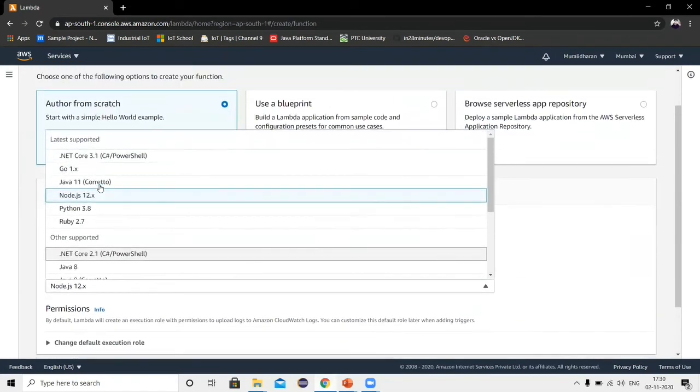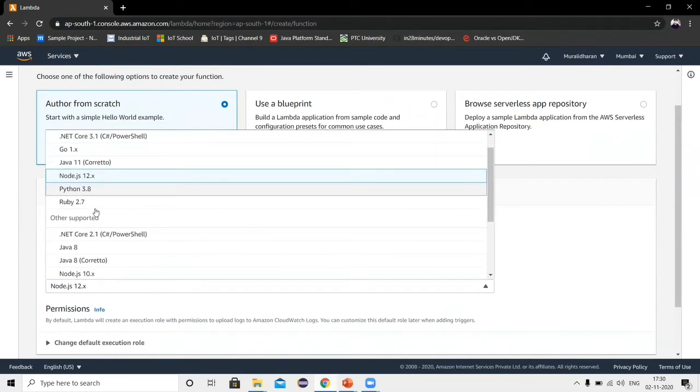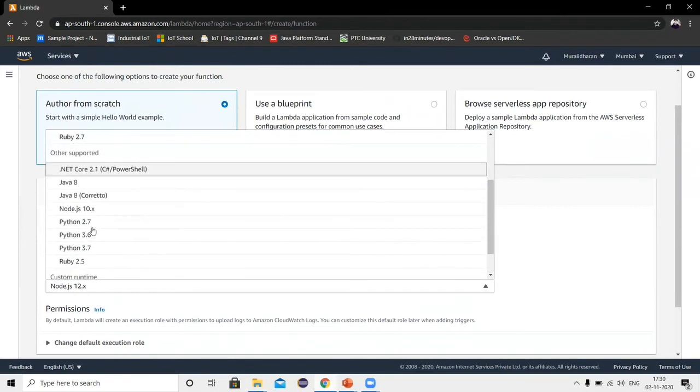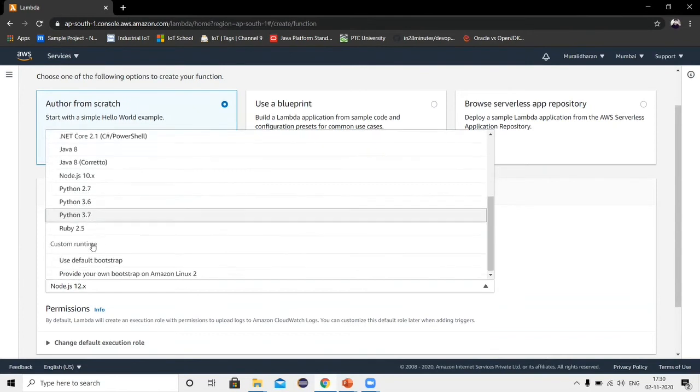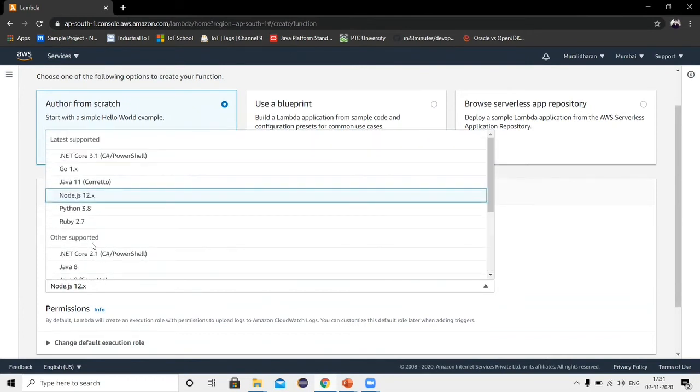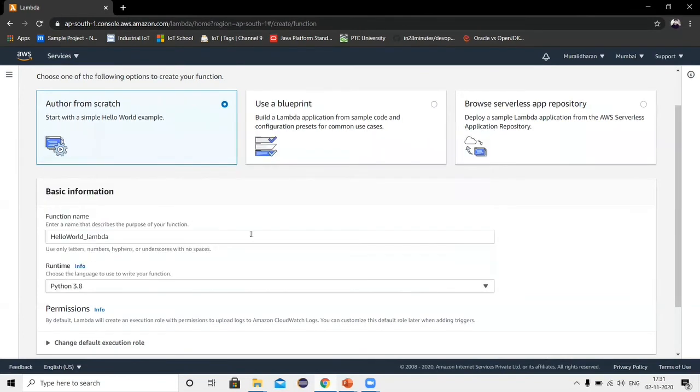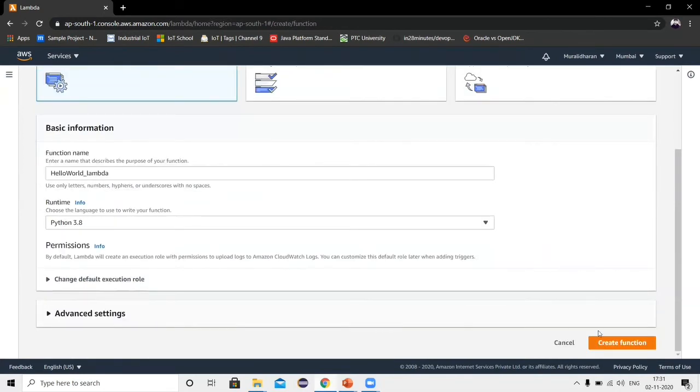If you see here, the latest supports are .NET 3.1, Go, Java 11, Node 12.x, and Python 3.8. If you are going for a downgraded version, it also supports Python 2.7, 3.6, and 3.7. We can choose any one based on our requirement. Right now I'm going to choose Python 3.8 and click on create function.